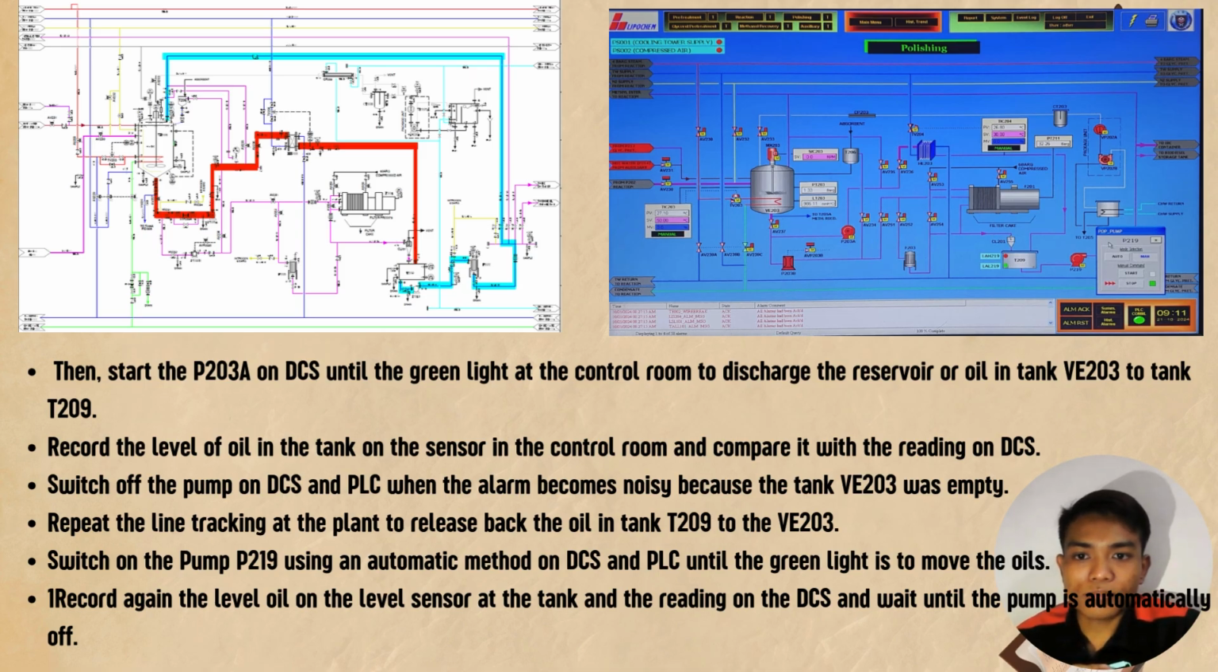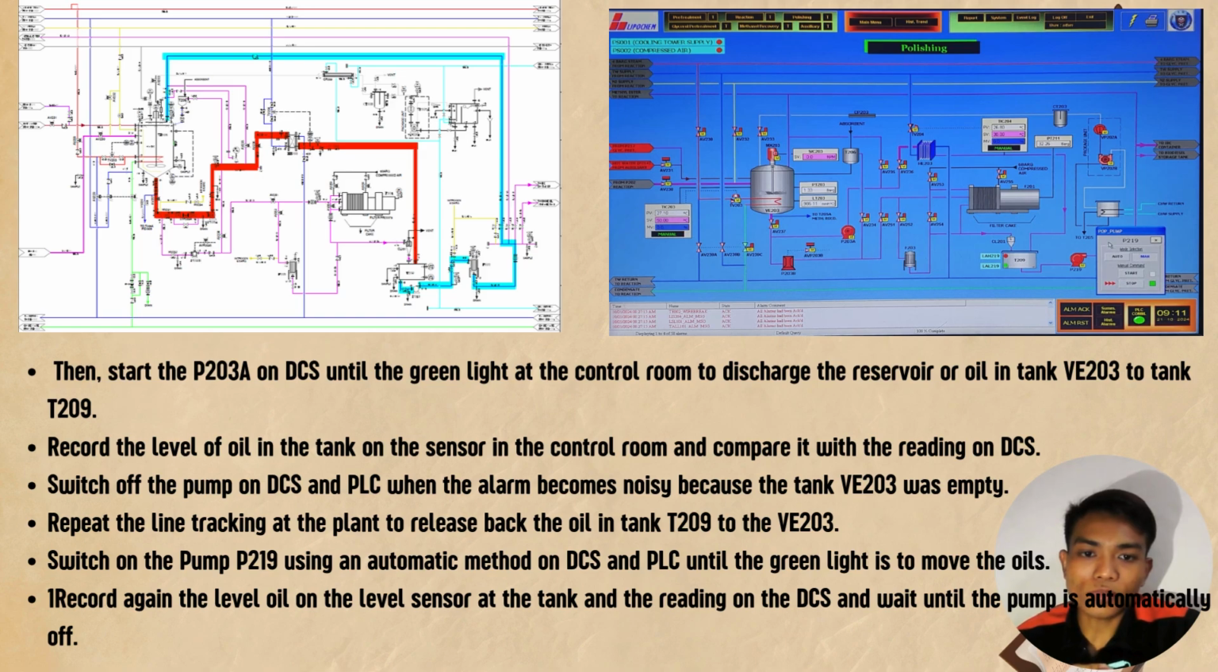Then start the P203A on the DCS until the green light in the control room shows, to discharge the reservoir or oil in tank VA002 to tank T209. Record the level of oil in the tank on the sensor in the control room and compare it with the reading on the DCS. Switch off the pump on the DCS and PLC when the alarm becomes noisy because tank VE203 was empty. Repeat the line tracking at the plant to release back the oil in tank